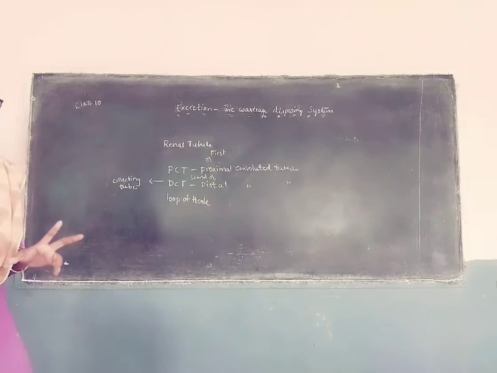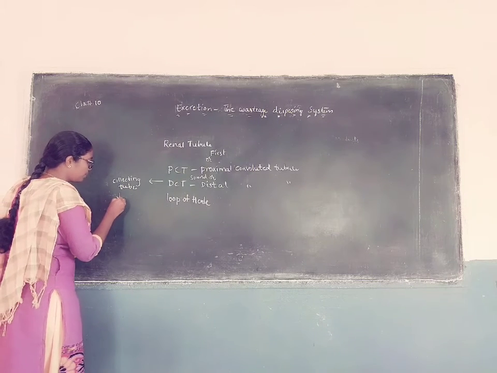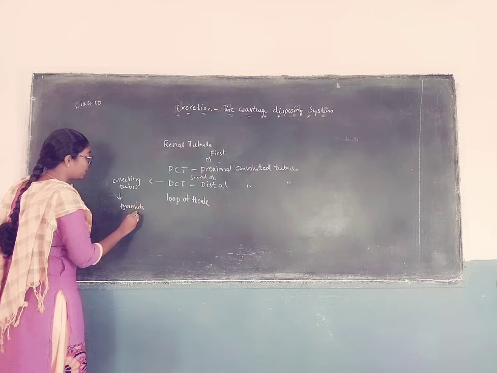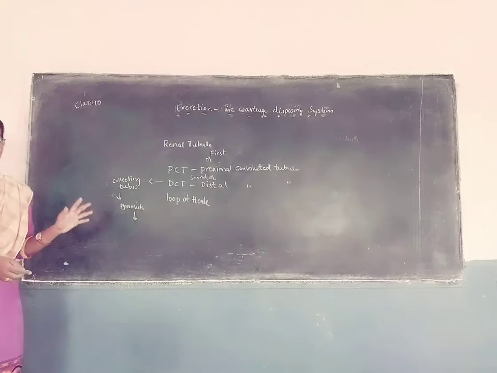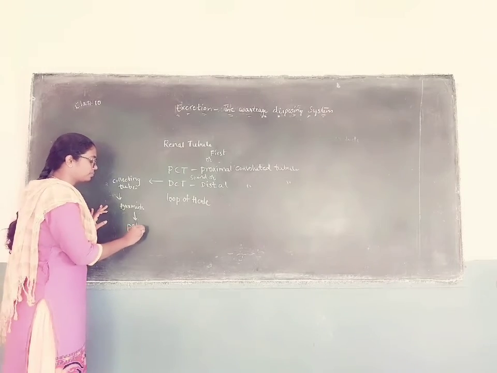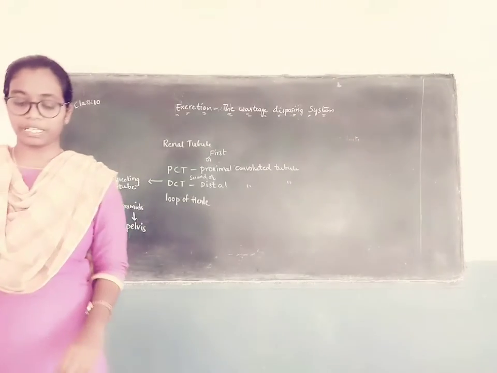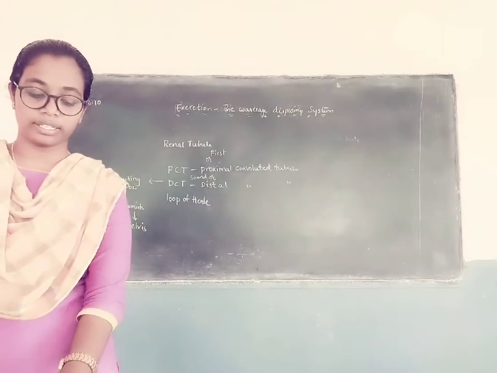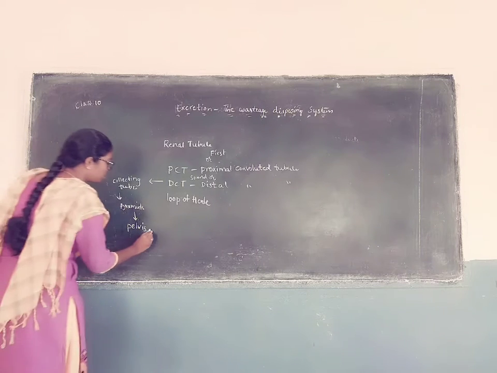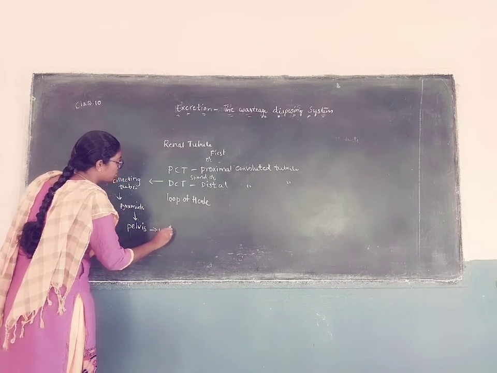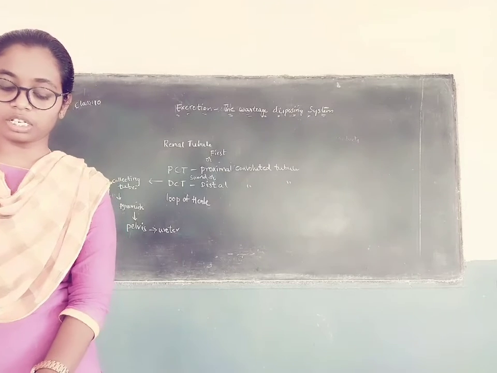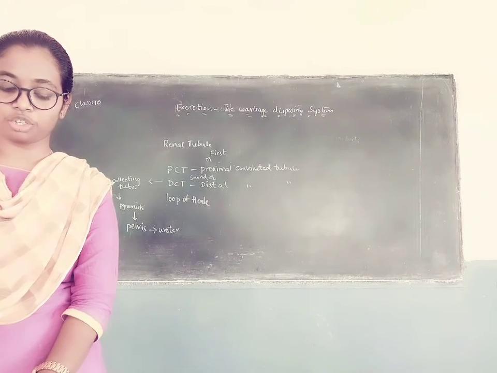So this collecting tubule forms pyramids, and the pyramids open into the pelvis. The pelvis leads into the ureter. From the ureter onward, all the parts of the renal tubule are covered by a network of peritubular capillaries